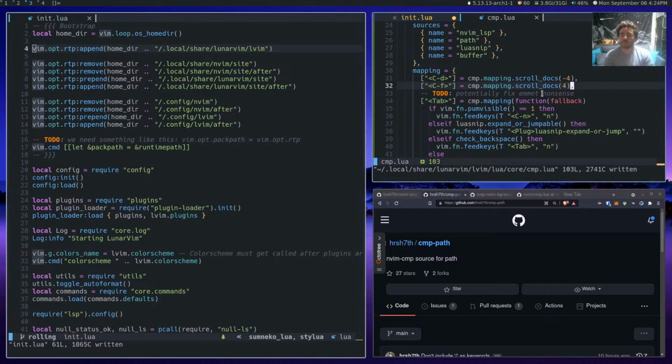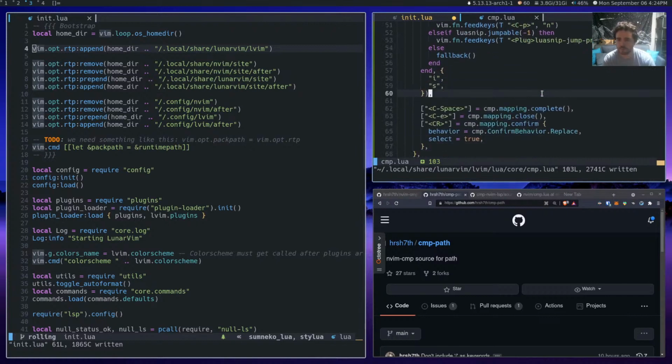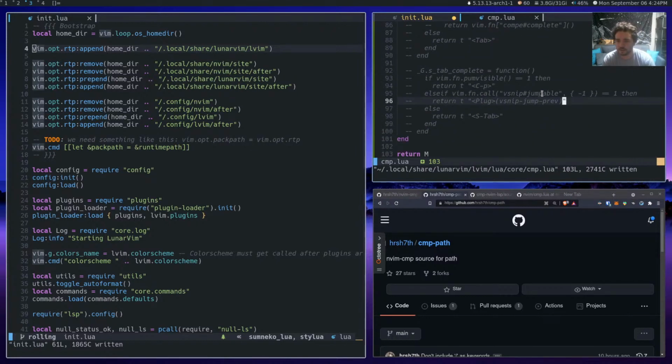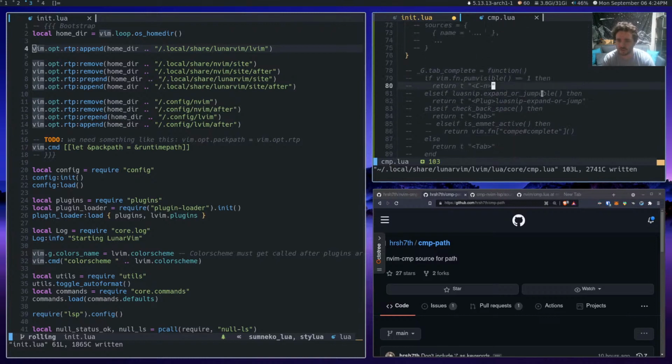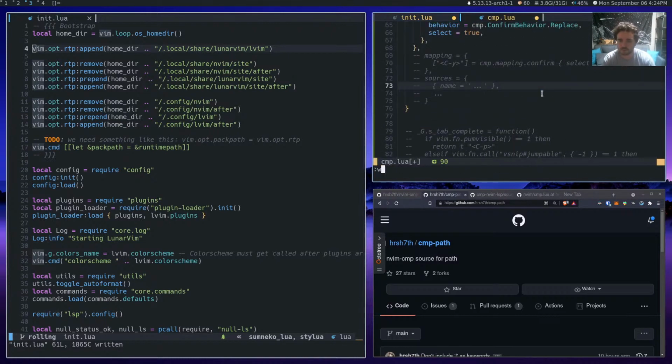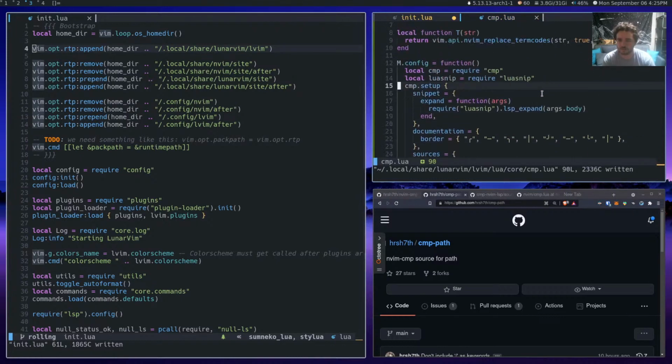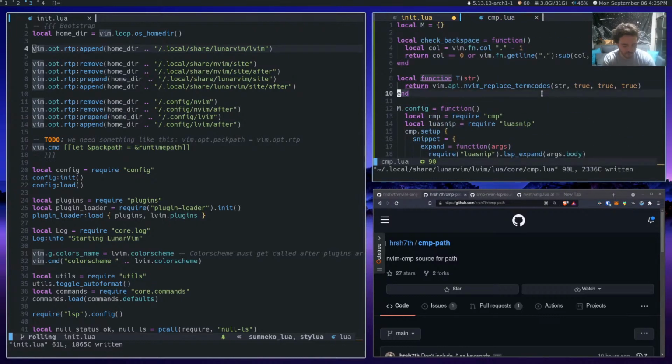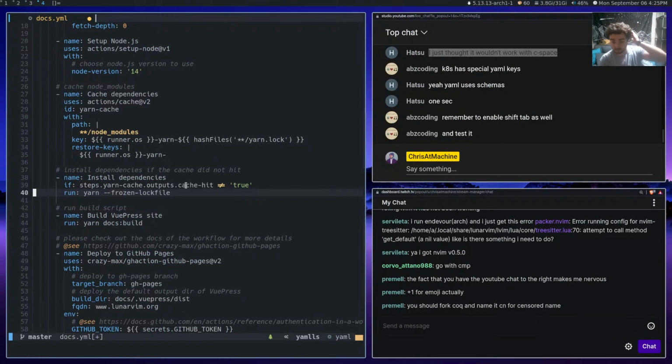All of that. Oh, it's already 4:30. I think I probably have to go. But anyway, there might be a stream again later tonight. I think we got pretty far with this. We should be able to get this in by the end of the week for sure, and just start using CMP. I'll continue to work on shift tab, and then I'll continue to work on a couple other things. I don't know if there's really much else, but that's probably all I'm going to be able to do for this video, because I got to go to a family thing for Labor Day.